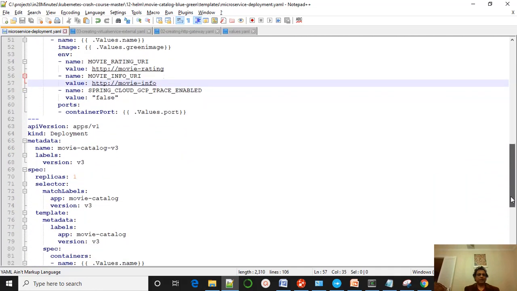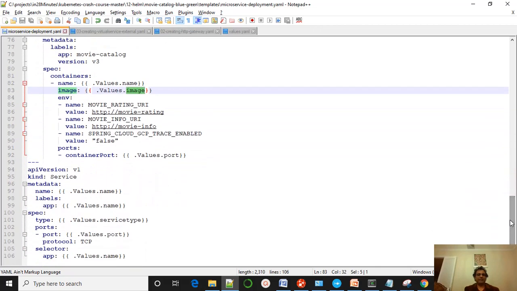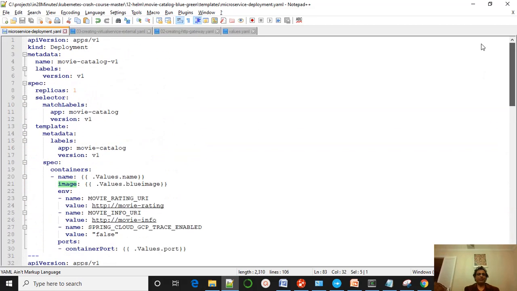And the last, the variant movie catalog version 3, follows a similar thing, but here it's using the image which is one month before, no prefix, right? And the service is the same way. So first you have to create how many variants of your service you want to show simultaneously to the load. Say right now the load has been distributed across these images. So for however many images you want to try out, you just have to put them in your